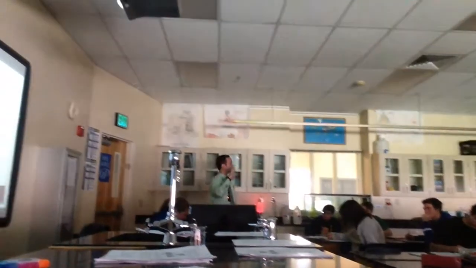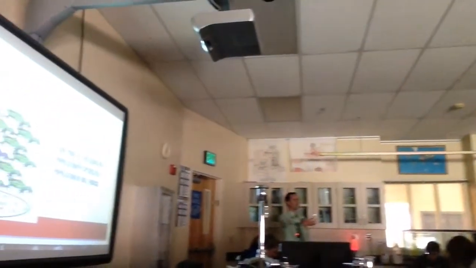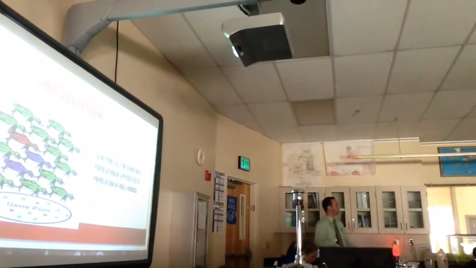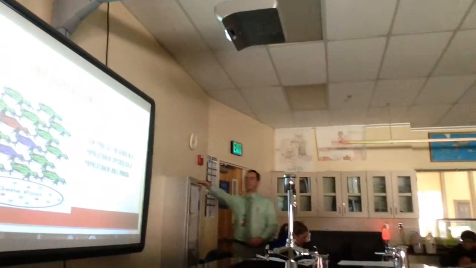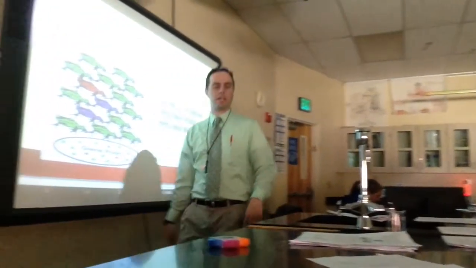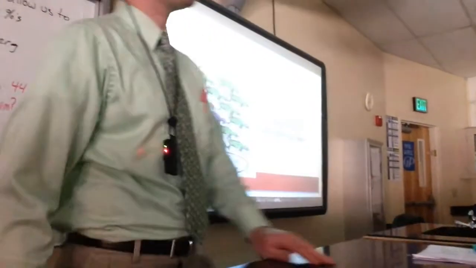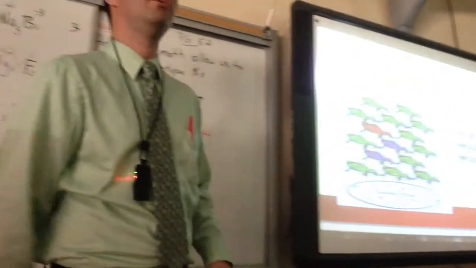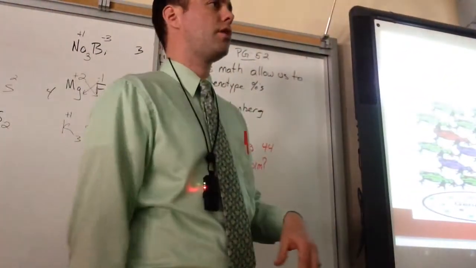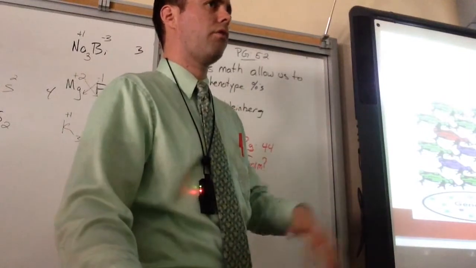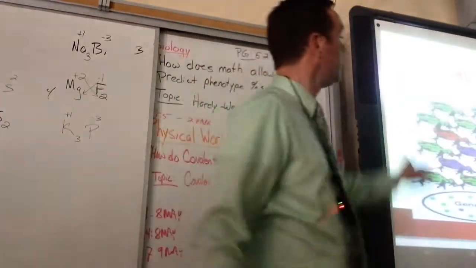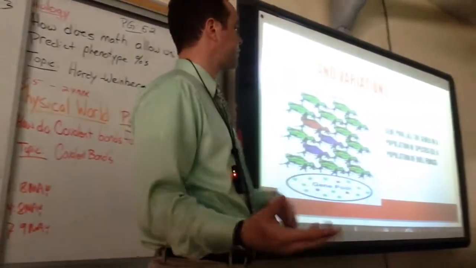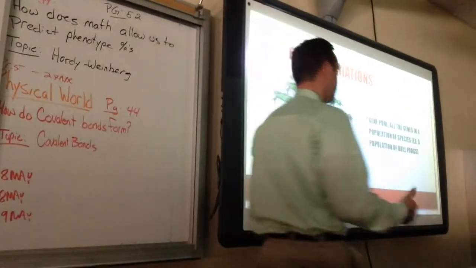Maybe you've heard it this way, like when people apply for a job, they call it an applicant pool. It's all the people that applied for a job. Gene pool is the same thing. It's all the genes in a specific population of people. Like we could talk about the gene pool in here, and it would be limited to the genes that are in here, like brown hair, curly hair, whatever. There might be a gene for cancer in here. There might not be a gene for cancer in here. But the gene pool is all the genes available in a specific population.